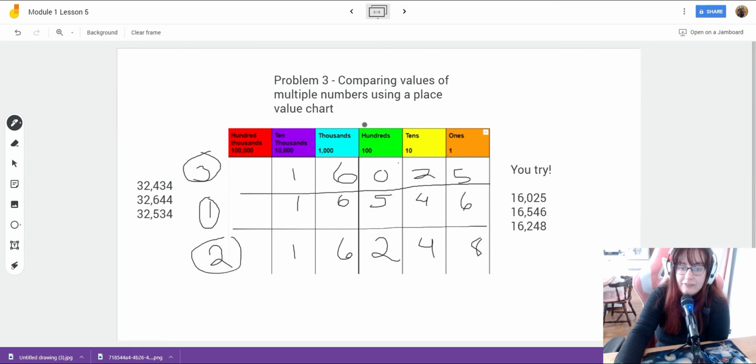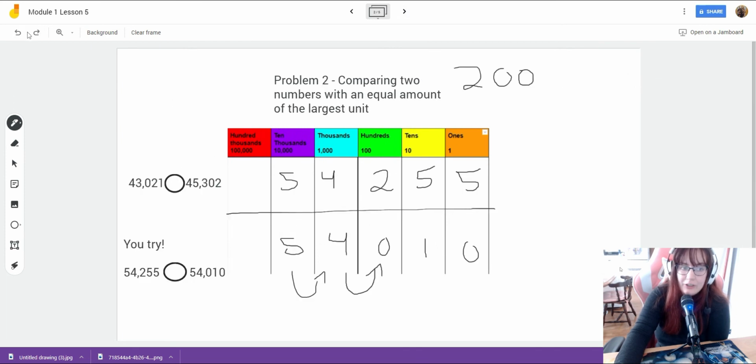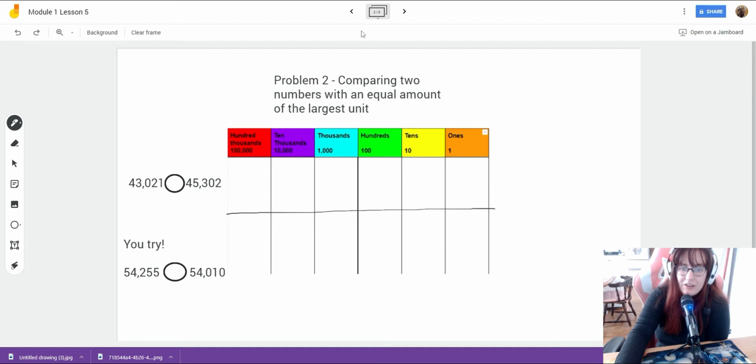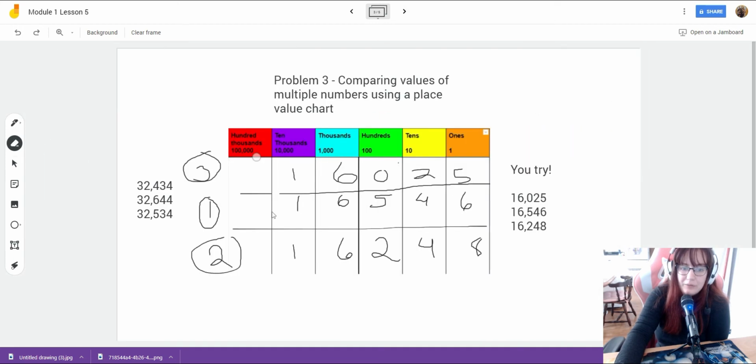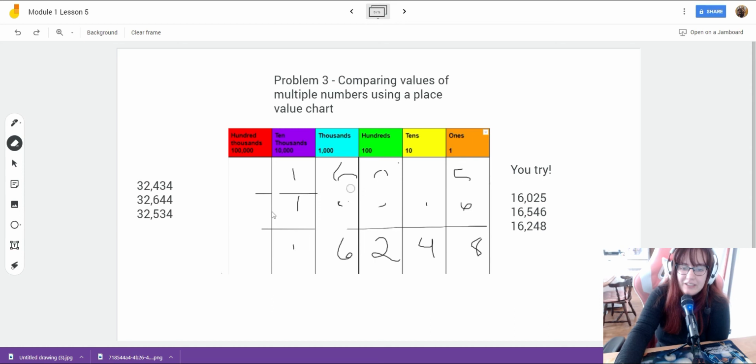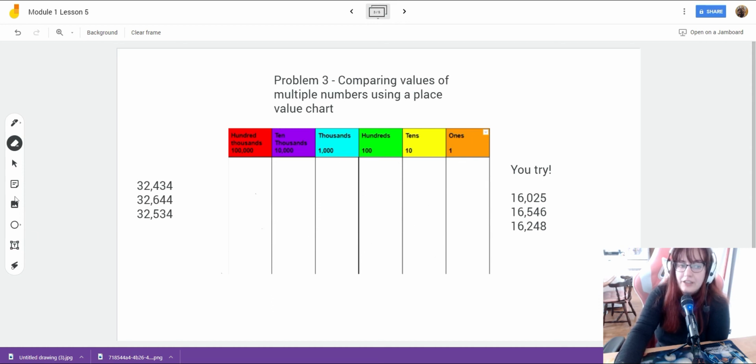Let's take a look at our final problem together, fourth grade. So for this problem, let me just erase this all real fast. For this last problem, what we're going to be doing is we are going to be comparing these three numbers. And when we compare three numbers, you could use the symbols to help you with that. But another thing we can do is just write the numbers into our place value chart and compare from there. So for example, we have this number right here,